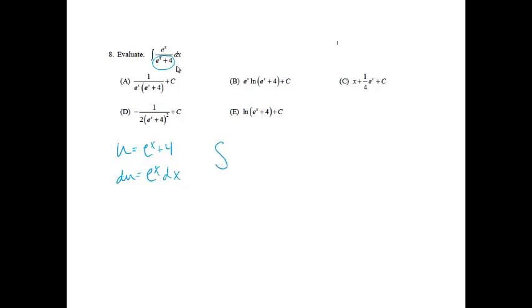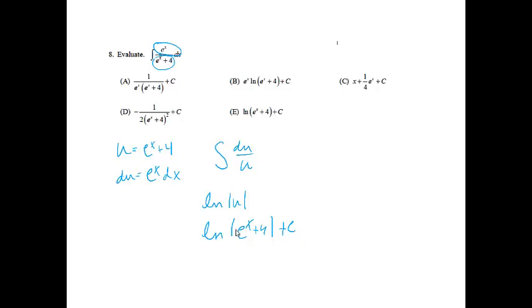So when I go to set this problem up, this e to the x dx is du, and then u is on the bottom, and I know that the integral of du over u is equal to the natural log of the absolute value of u. And so then I have the natural log of the absolute value of e to the x plus 4